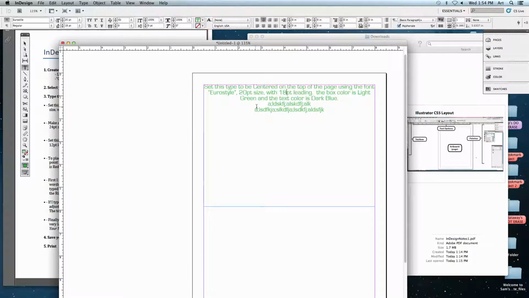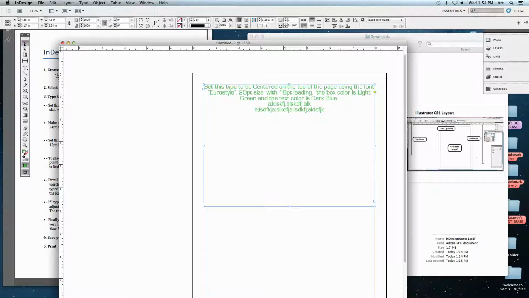In order to change the color of the text box itself, right now it's set to transparent, or you can see the white of the paper behind it. We'll need to change our tool from the text tool to the move tool, the selection tool. With it selected, now look at the little color swatch down here. It doesn't have the T inside of it. This means it's only going to change the color of the object, the box that it's working in. If you were to double click on it,